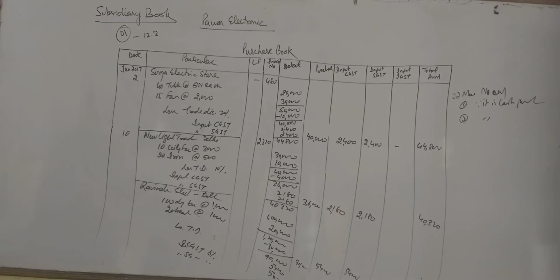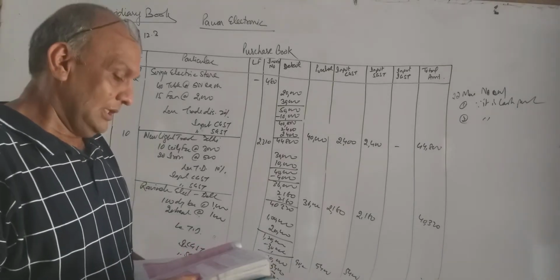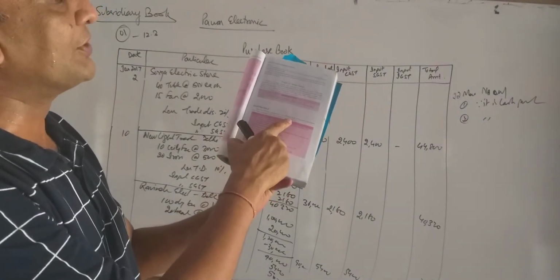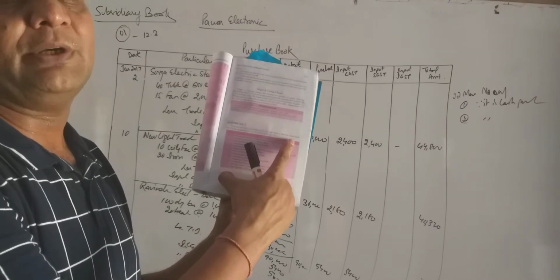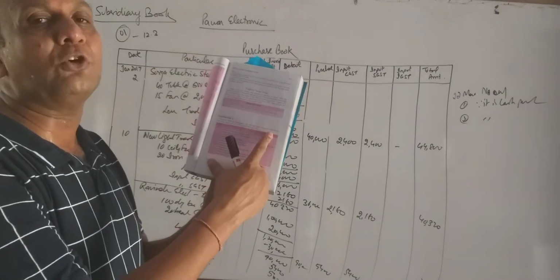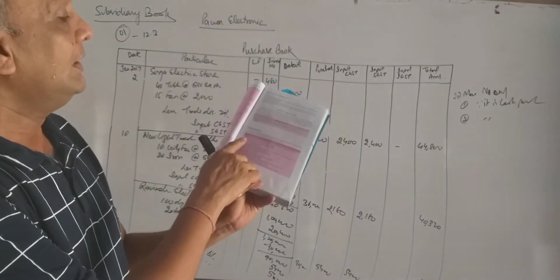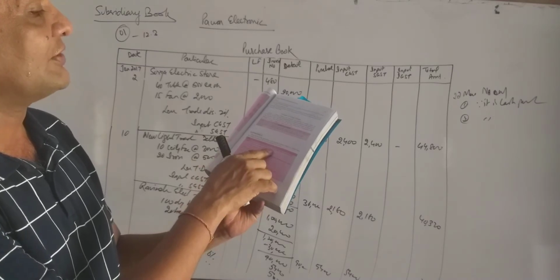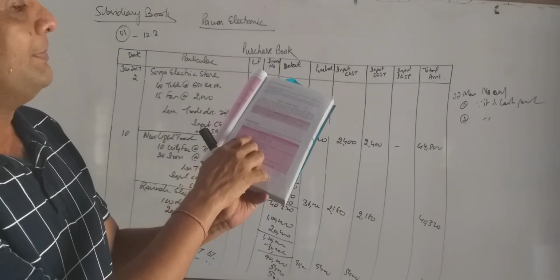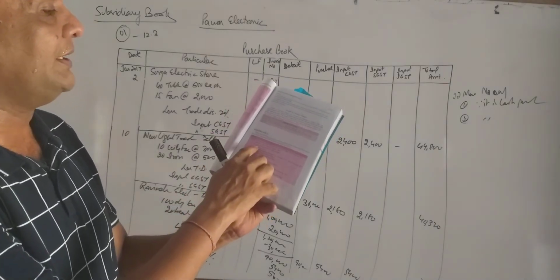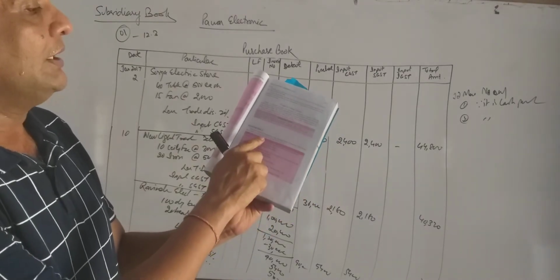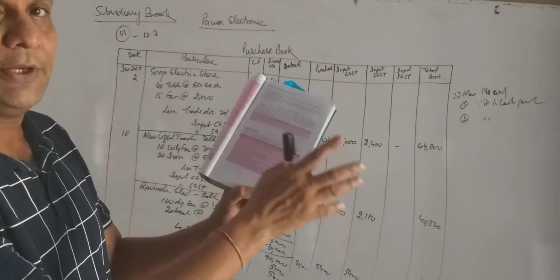Right? Now let us go for sum number second. Let us read the sum. Enter the following transactions in the purchase book of Superior Cloth House. It means our business is related to cloth. So we have to deal with only cloth transactions here, and that on credit. April 4, purchase from Radha Krishnan and Son, New Delhi, and the party is also of New Delhi. 100 meter cotton cloth at 200 per meter, 80 meter cloth at 500 per meter, trade discount 20%. In the same way, input CGST, input SGST 2.5, 2.5.